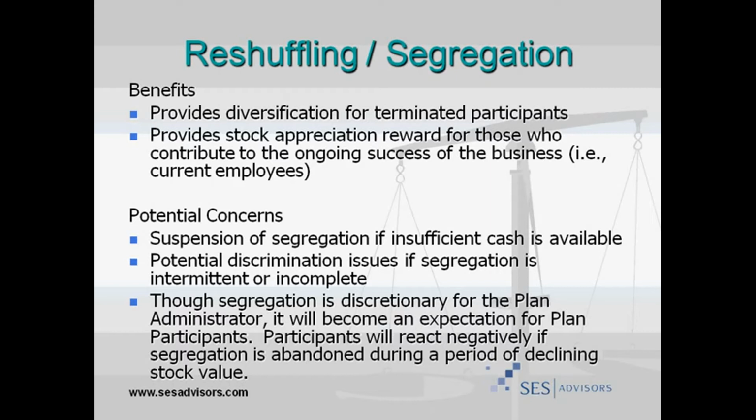What I would encourage you instead to do is, if the cash need for segregation is greater than the cash that the board would agree to put in the plan, is more than what is an appropriate benefit, that you would take whatever cash you do contribute to the plan, even if it's far less than the amount you need to segregate. I would encourage you to partially segregate accounts. And that's not just for the benefits policy side. It's a potential discrimination issue if you have intermittent or incomplete segregation.